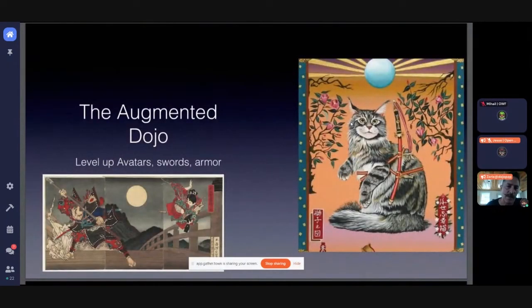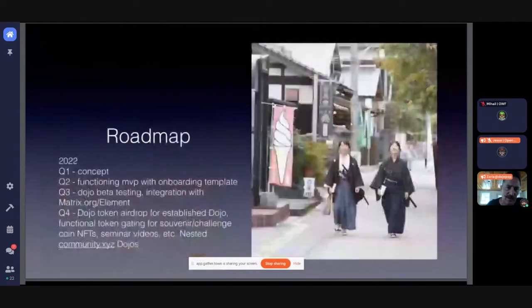Augmented dojo. It's possible that you sign in with your Dojo Pop wallet and your practice is recorded, but perhaps you also level up an avatar or level up a sword if you do a sword practice. This is a bit of a stretch right now, and I'm not clear that it dovetails well with traditional martial arts, but it's something we're looking at.